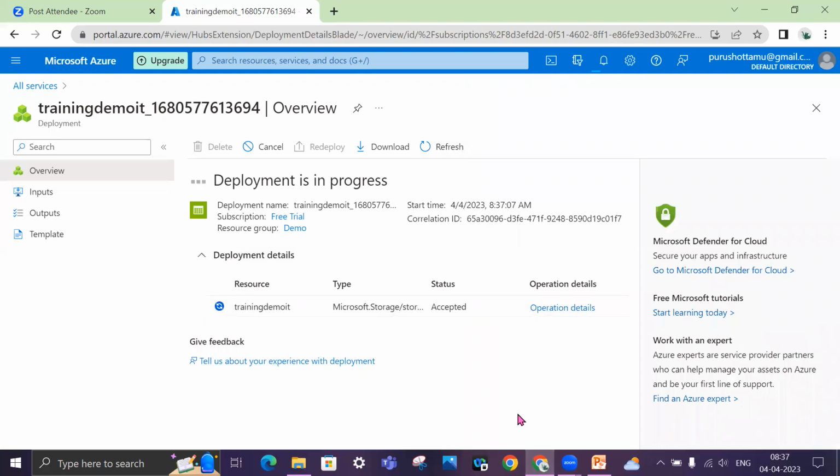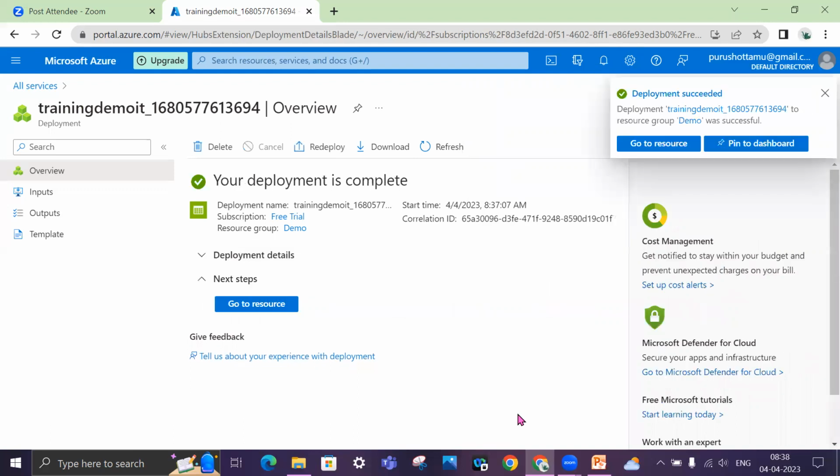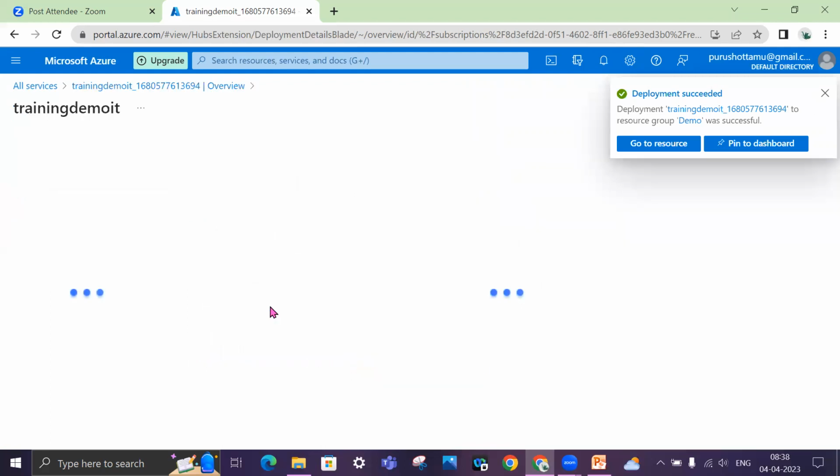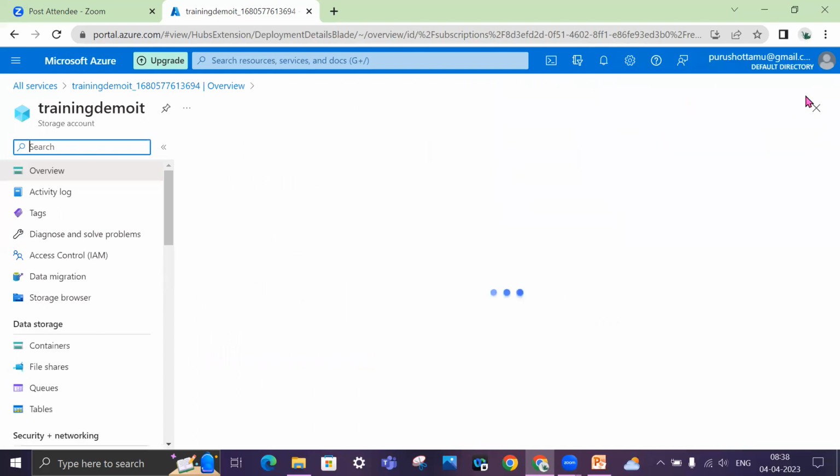This is the difference between a free account and a paid account. If it's a paid account, it won't take this much time. Since it's free, it's taking its own course.